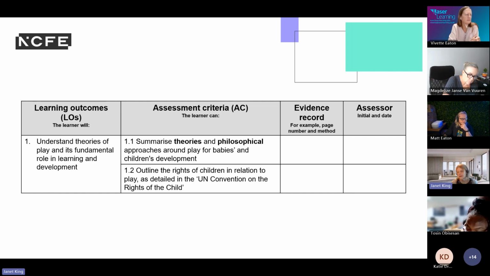So that might be something, again, that brings something a little bit different. And there are videos on that, and there are articles that you can share with your students and so on. So all of those will widen and give you a little bit of something different to talk about when it comes to the play.